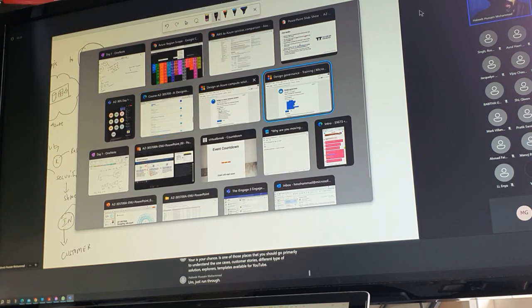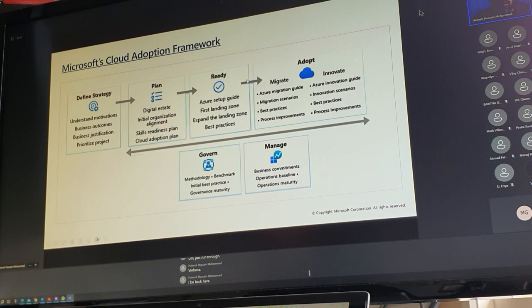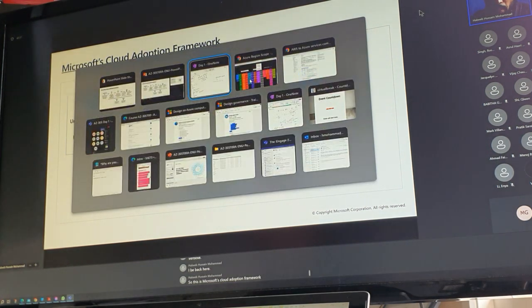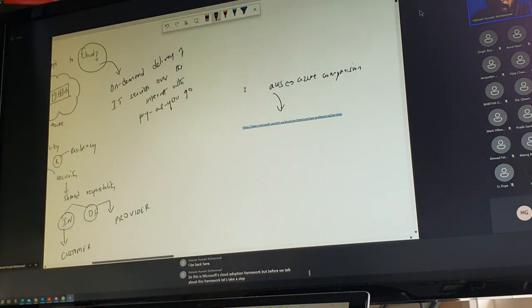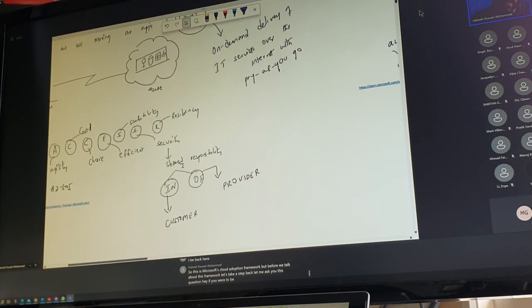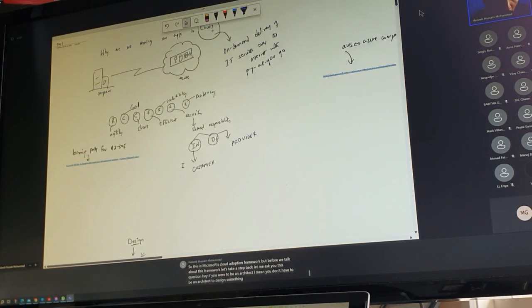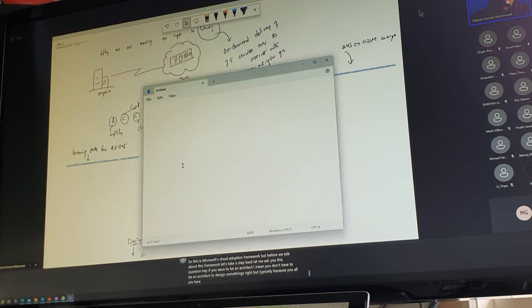Where was I? We were here. So this is Microsoft's Cloud Adoption Framework. But before we talk about this framework, let's take a step back. Let me ask you this question. If you were to be an architect, I mean, you don't have to be an architect to design something, right? But typically, because you all are here to become an architect,